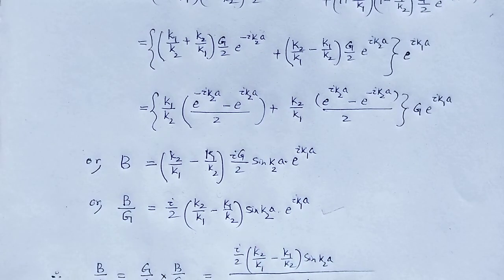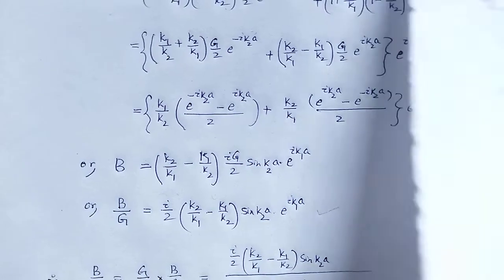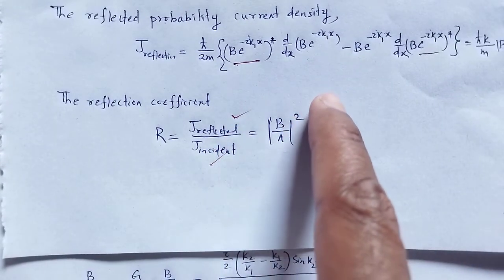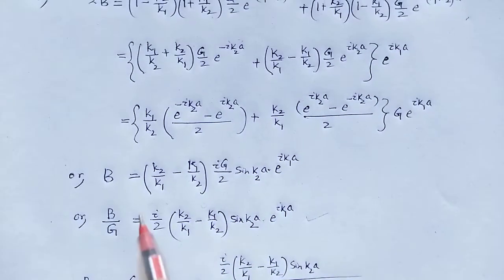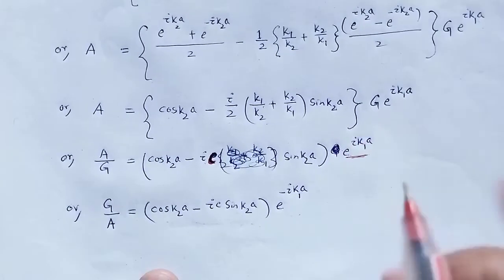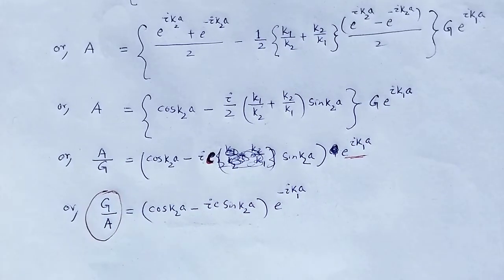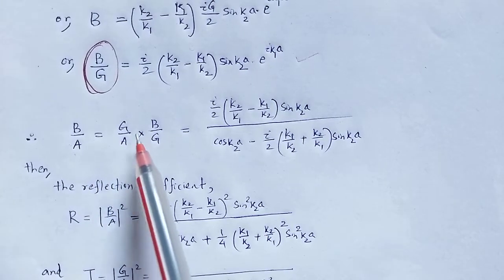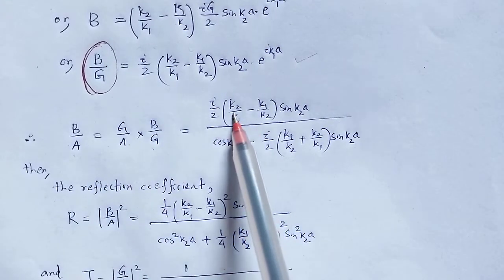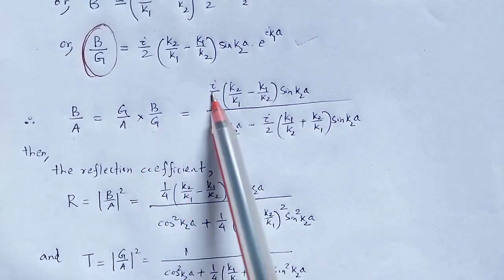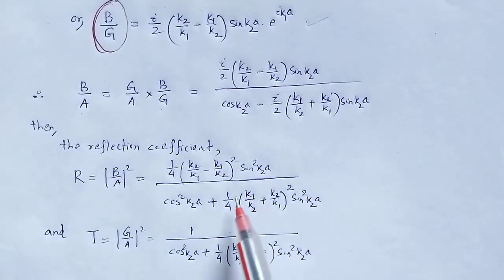But our task is to get the reflection coefficient, and the reflection coefficient is the magnitude of b by a squared. So we get b by g here, and previously we got g by a. Multiplying these two terms, we get b by a, that is g by a into b by g. So the reflection coefficient means the magnitude of b by a squared, taking its magnitude term,